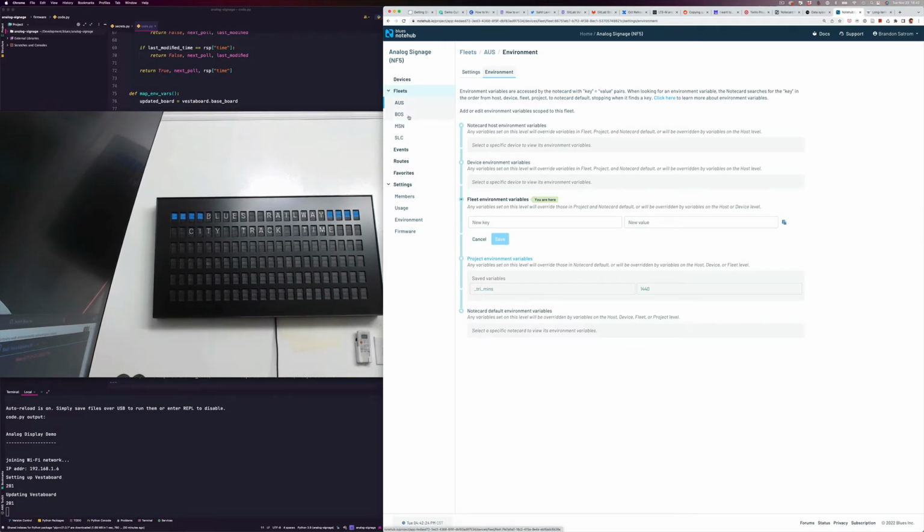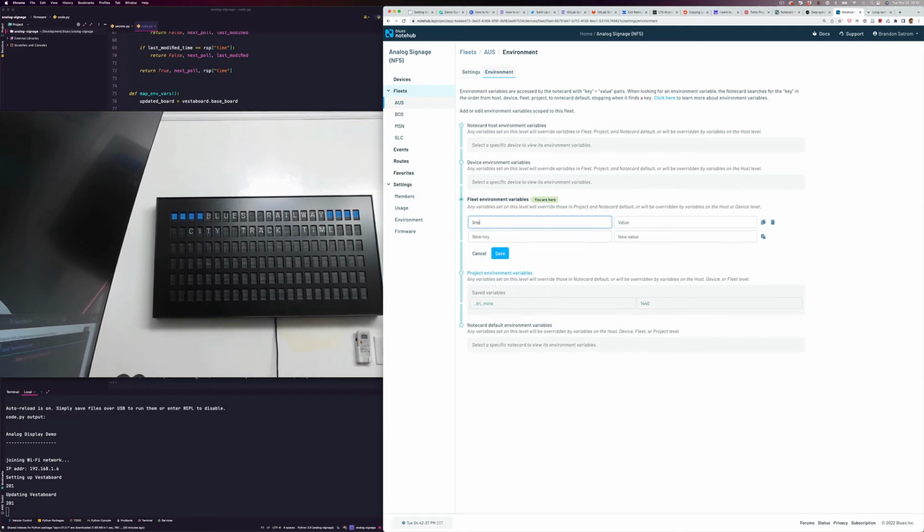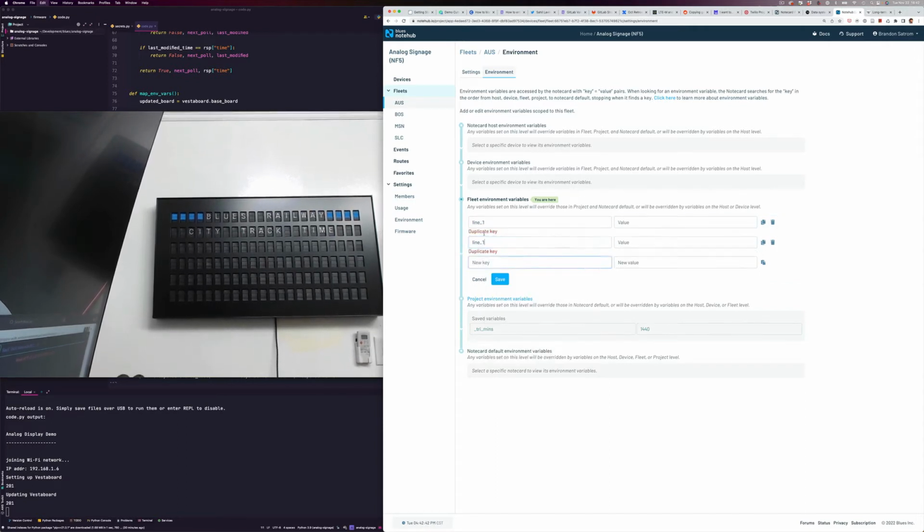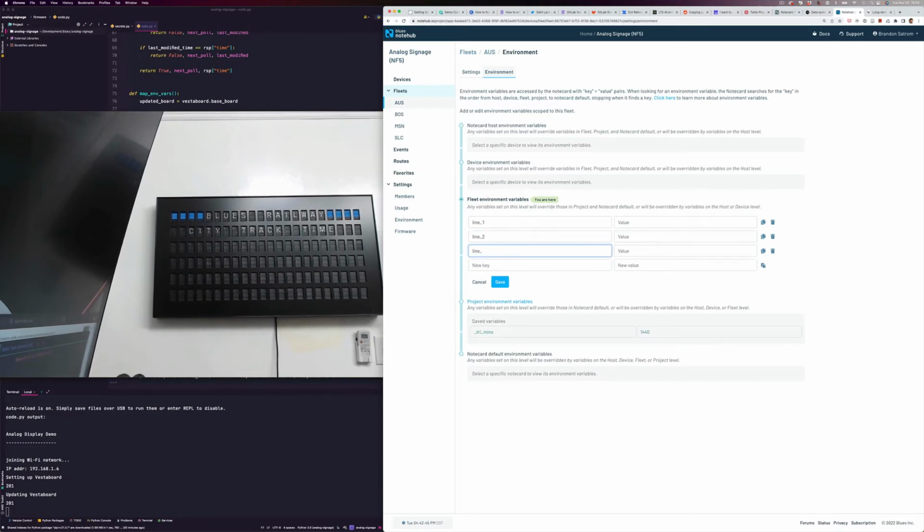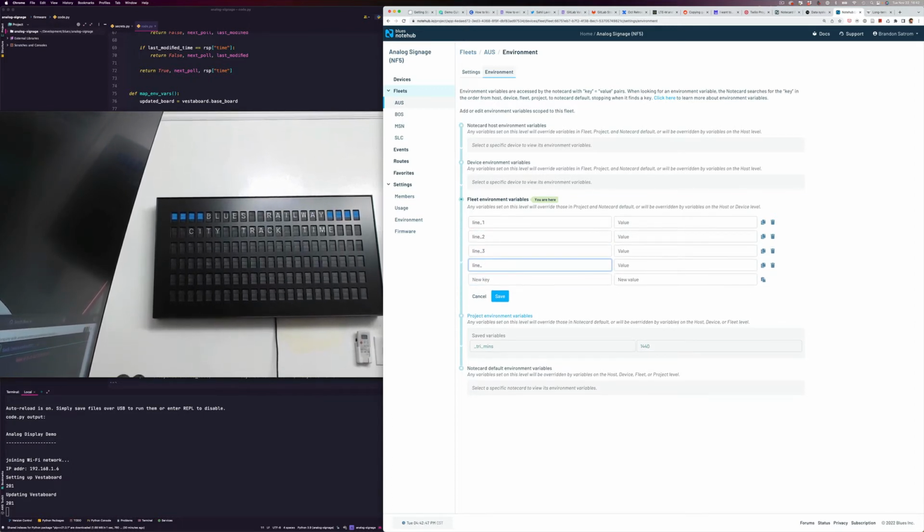So if I have fleets that are organized by location, Austin, Boston, Madison, Wisconsin, Salt Lake City, etc., then I can use environment variables to actually control each of the 4 railway lines that can be displayed on the screen. So I have a set of environment variables that I have called line 1, line 2, line 3, and line 4. And then the way that I have this application set up is I'm using environment variables to actually display information about the city, the track, time of departure, and then whether or not the current departure is on